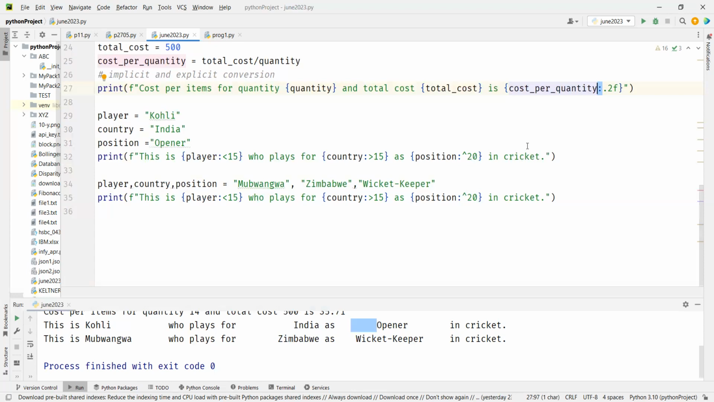Can't you use this colon with integer variables also? You can use it, right? You used it for integer only, right? 0.2f is rounding off, no. An integer doesn't have a decimal value, right? So if you want to use it to round off a decimal,